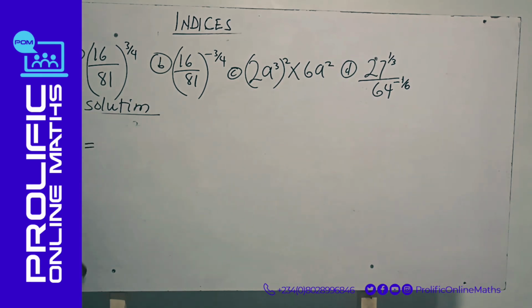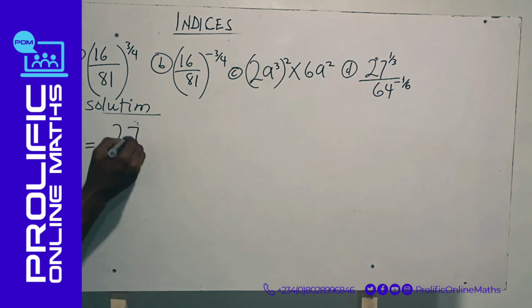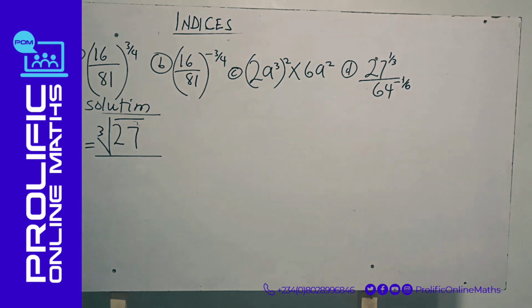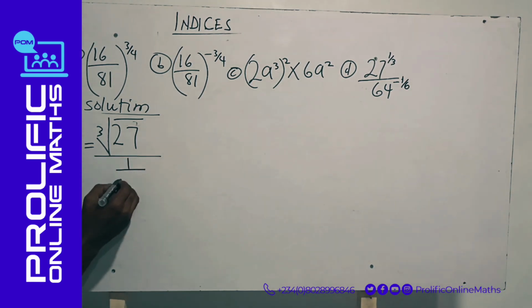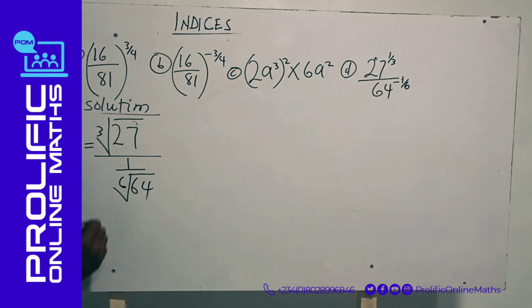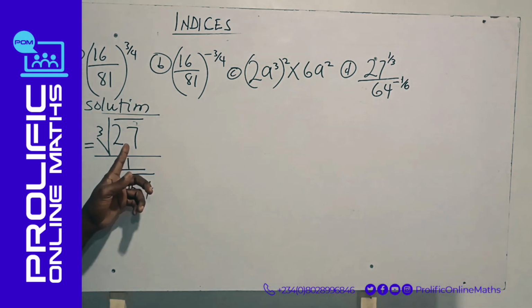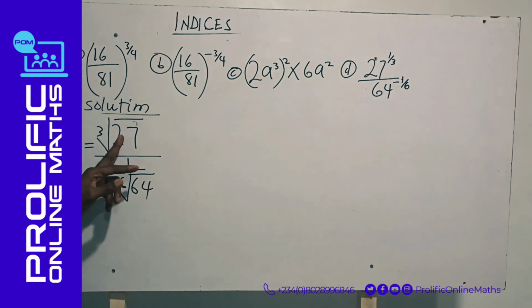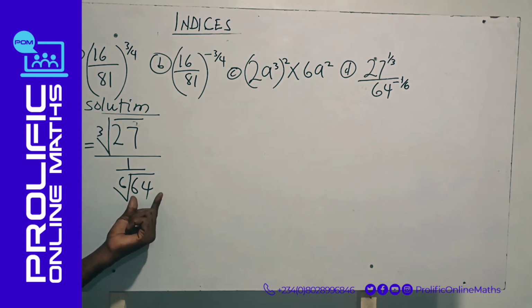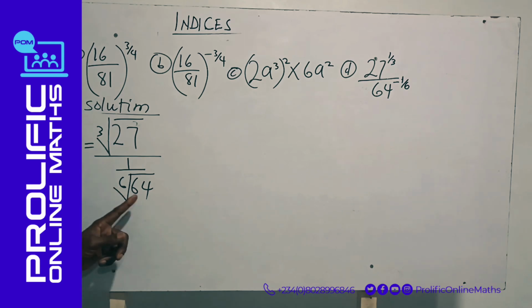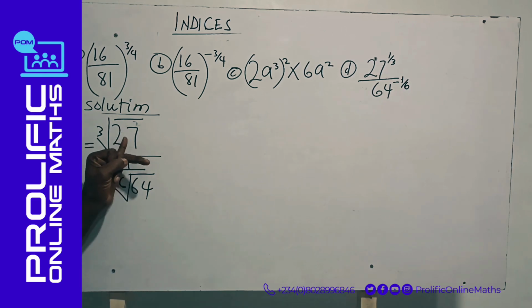What this is telling us is the cube root of 27 all over 1 all over the 6th root of 64. Now, what are they asking us to do here? They are asking us to look for the number that we can multiply in 3 places to give us 27, and here they are telling us to look for the number that we can multiply in 6 places to give us 64. Very simple, without wasting our time,